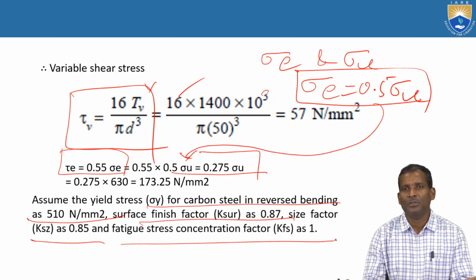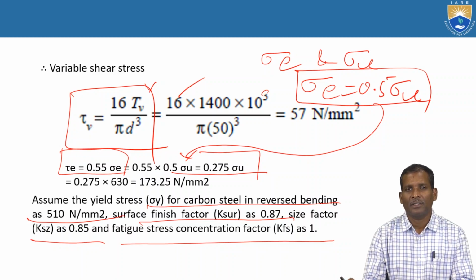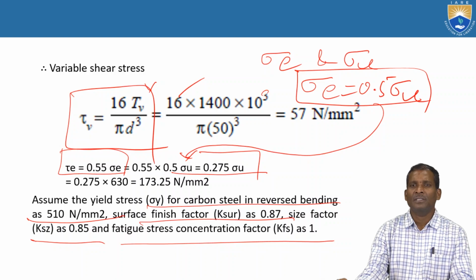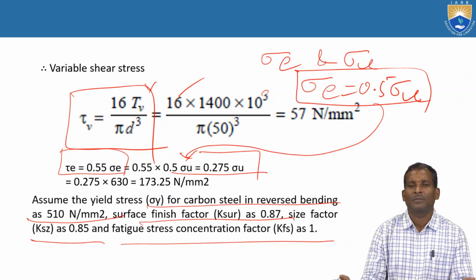You may assume these values since these factors are not given in your problem. Assume all these factors and then multiply with the endurance limit value. Then you will get the actual endurance limit stress for a particular component